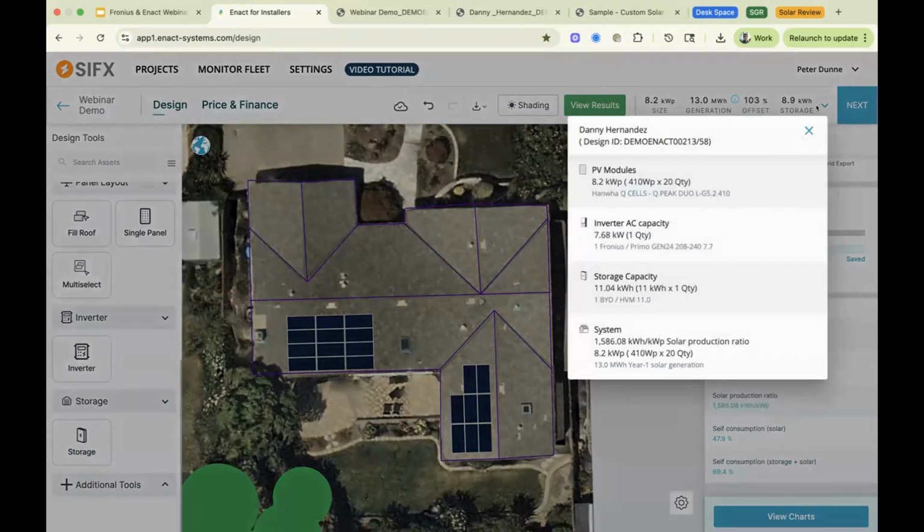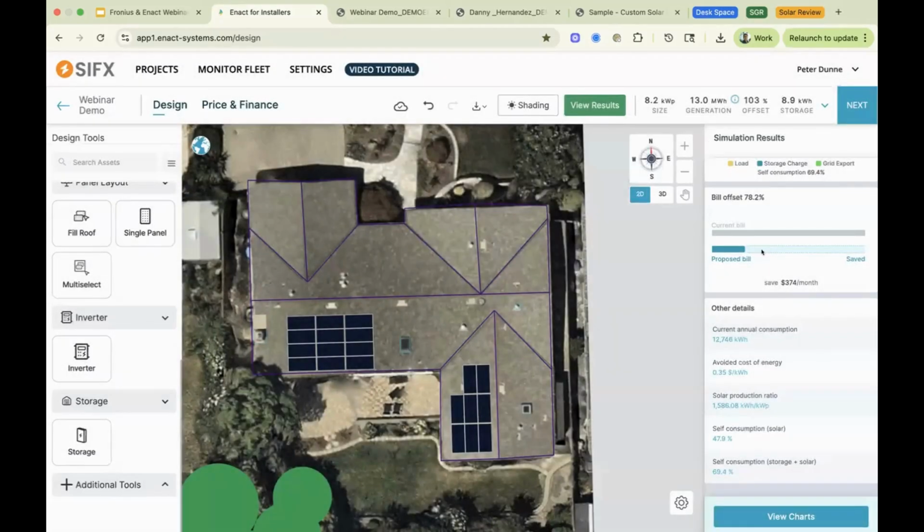And all of your hardware specifications, your inverter, your modules are all listed in this little drop down. And you can even work out what your performance yield is, right? So which design will result in the highest kilowatt hour per kilowatt peak production ratio. That's all there for, most designers will want to see that as they modify their designs. Yeah, so we got inverter, storage,